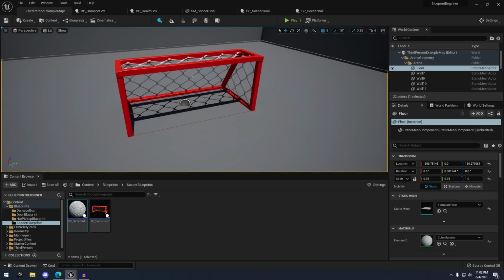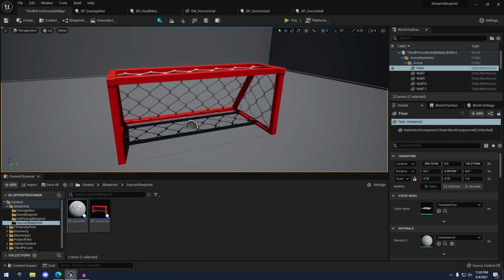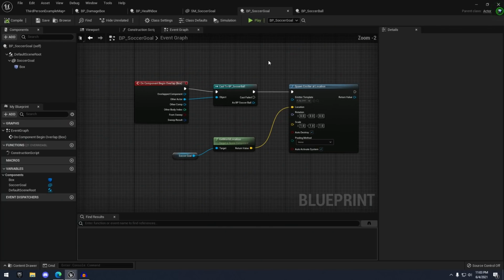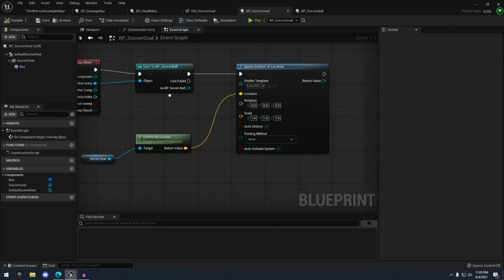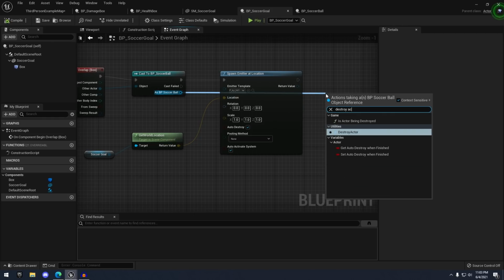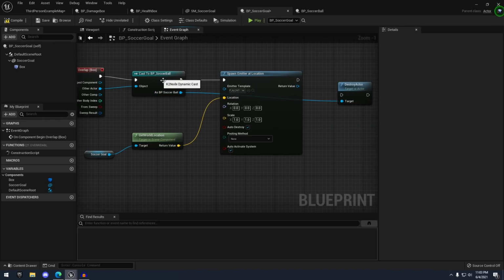Now I also want the ball to actually disappear when I do that, and I also want my particle effect to be much larger and more visible to the character. So back in the soccer goal BP, first destroy our soccer ball after it's scored. So off of here we can do destroy actor, the target being the BP underscore soccer ball. Hook that up,